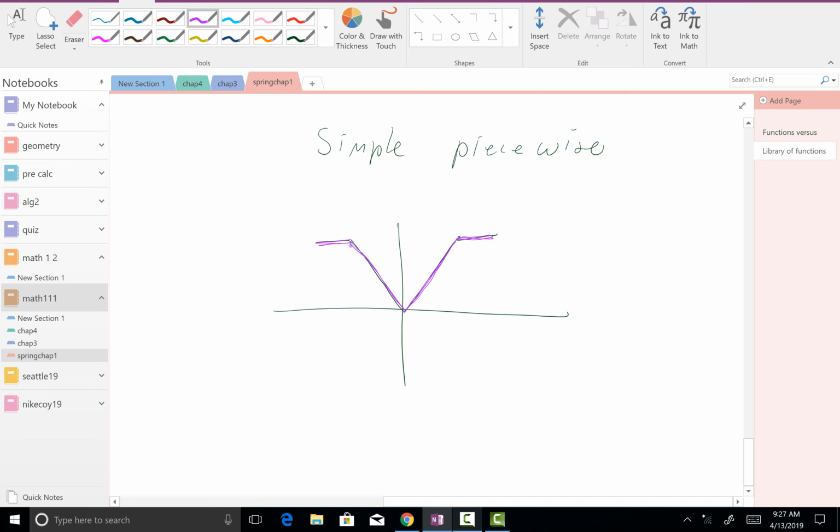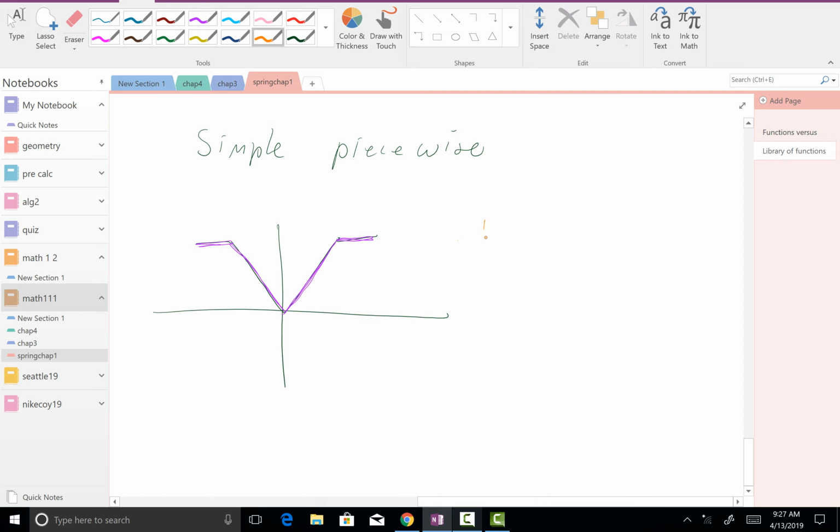See if you can make that. Use a piecewise function. Take a few minutes and write a piecewise function to make that,